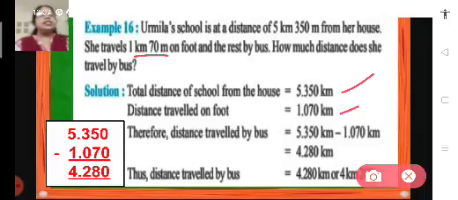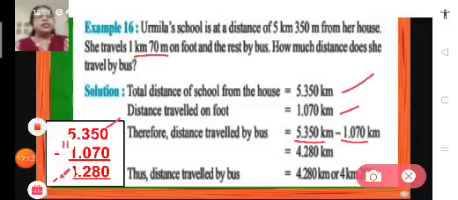So what is the distance travelled by bus? The rest of the distance is travelled by bus. That means we have to subtract 1.070 from 5.350 kilometers. So how do we subtract? Again, we write them in columns according to the place values and start subtracting from the extreme right. So 0 minus 0 becomes